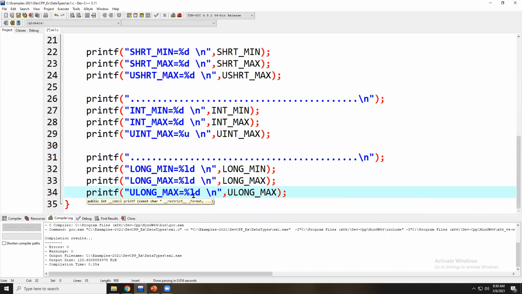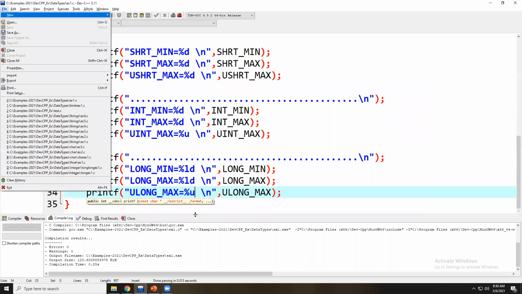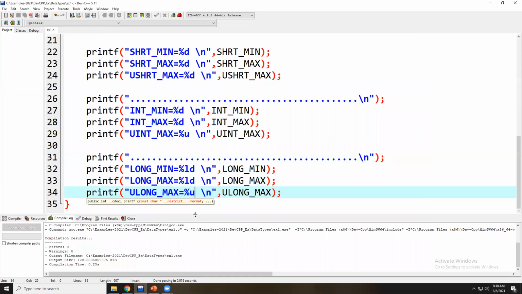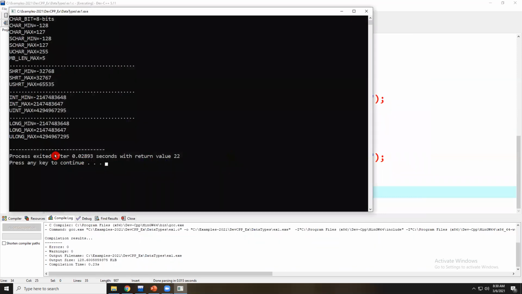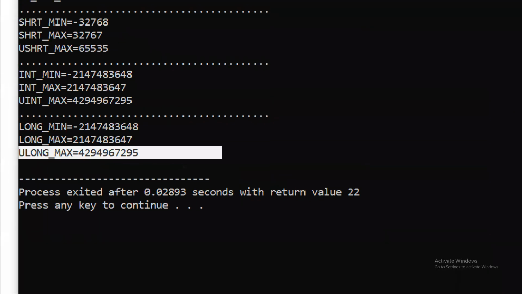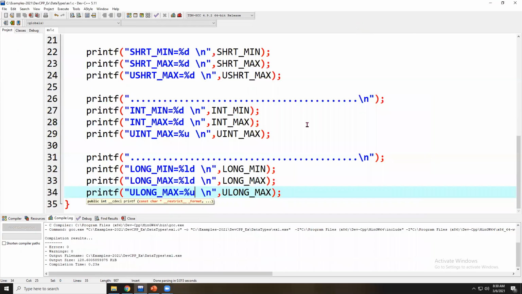You can go with %lu or %u. Save this application, recompile it, and rerun it. Got it? The same value, the unsigned long max value: 4294967295. This is the unsigned long max value.